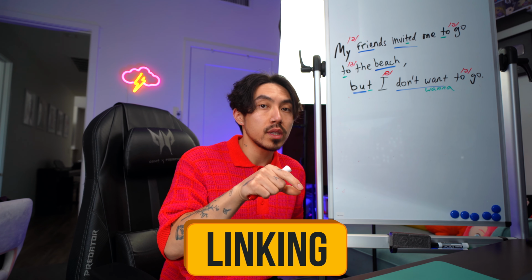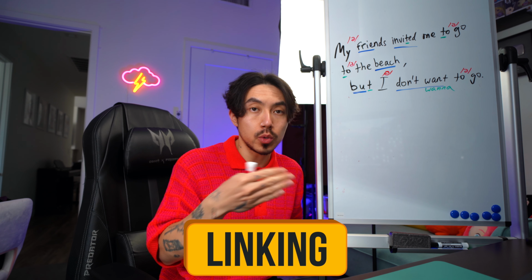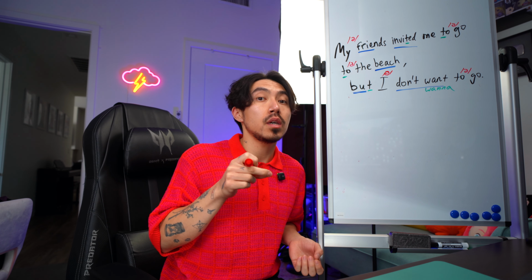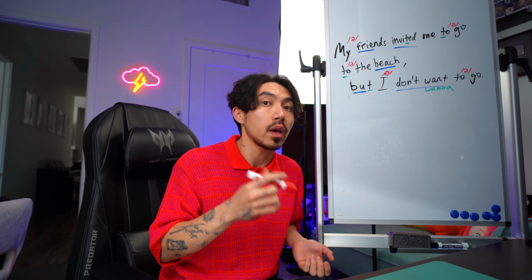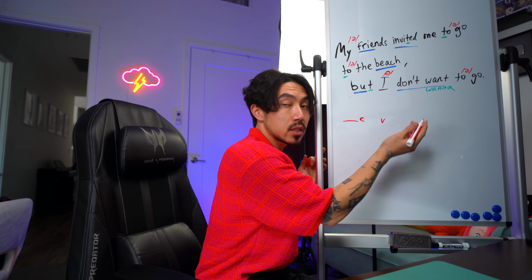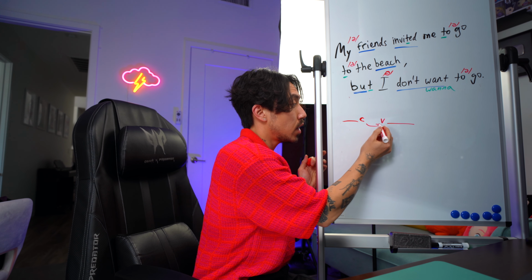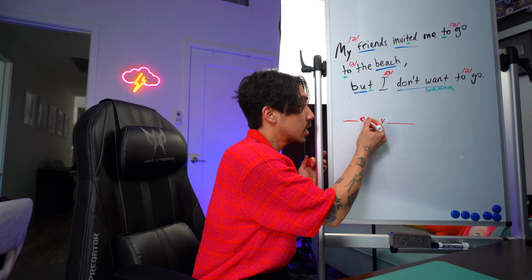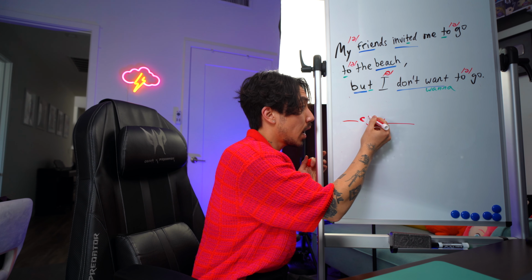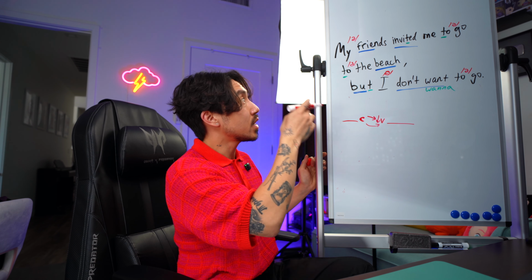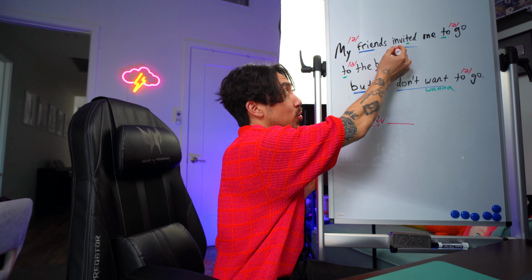When you link from one sound to the other, when it's in 2 different words, side by side. Now, one of the most common linking techniques is linking from a consonant to a vowel. So if your first word ends with a consonant sound and your next word starts with a vowel, it's a very easy connection. And what you're gonna do is treat this ending consonant sound as the first sound of the next word. For example, this is a very good one right here.